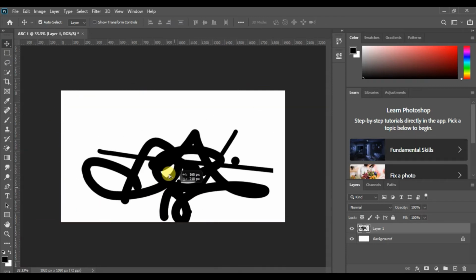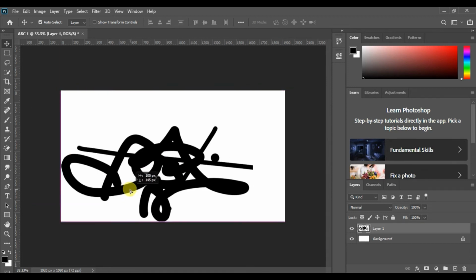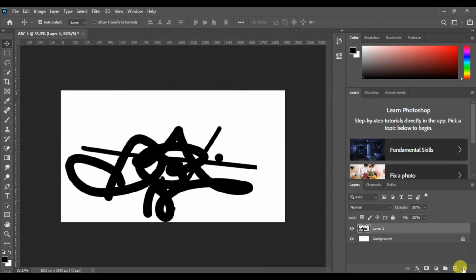As this is a transparent layer, I have used a brush on this layer. You can see that I can easily move it with the help of the move tool.